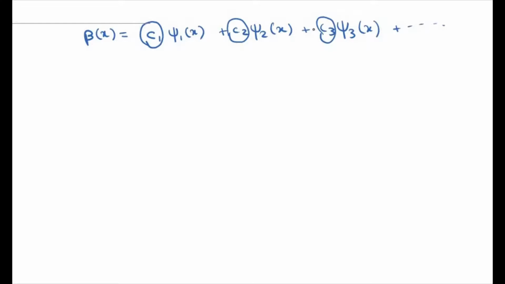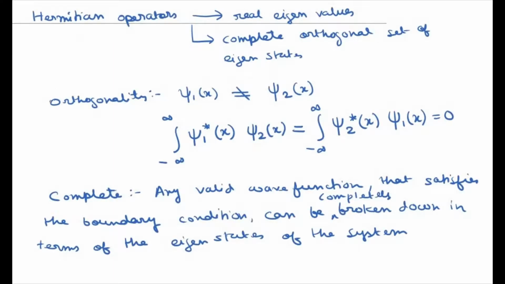So it's fairly easy. First of all, what we will do, we will basically normalize the eigenstates of the system. Okay, we'll use the eigenstates of the system as a basis, and so we'll normalize the eigenstates of the system. So we have an orthonormal basis. There is one additional condition when we go from orthogonal to orthonormal. So the first condition is this one, and the second condition is